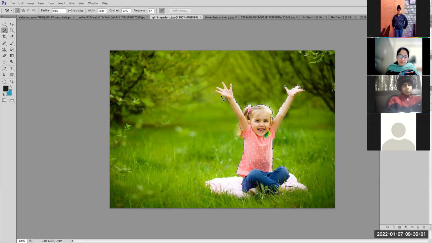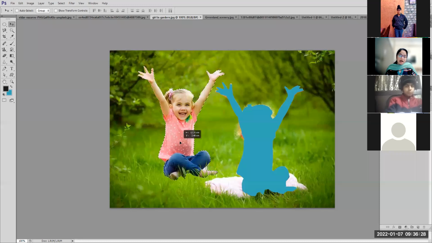Just come back to the first point and click. Now here also, if you select a partial area and you want to add to selection, then you can press the shift key. I told you earlier, add to selection. Click here. Now see. If I move it, only this girl part is selected. Now I can move it and paste it on some other background.